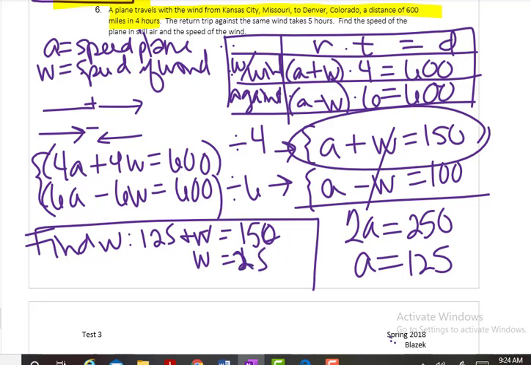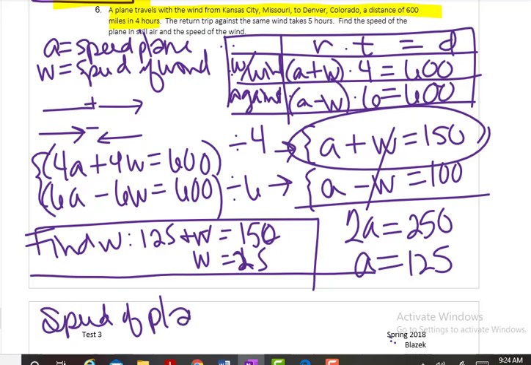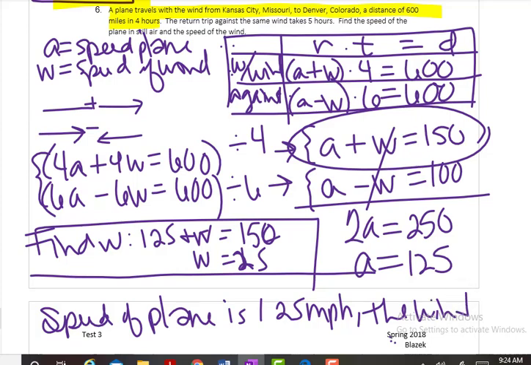So I'm going to see if I can squeeze in this answer. I'm going to write it at the top of the next page. The speed of the plane is 125 miles per hour. The wind speed is 25 miles per hour. All right, sorry, it's on the next page, but